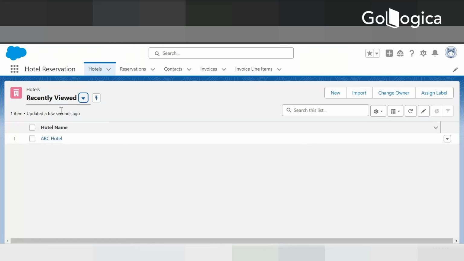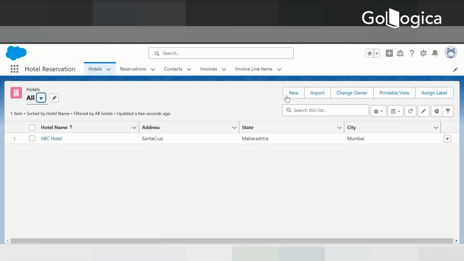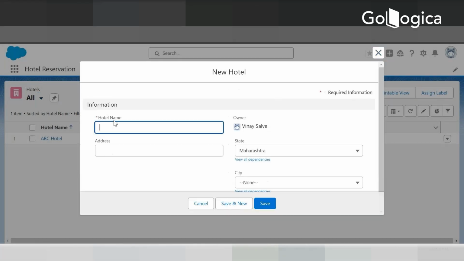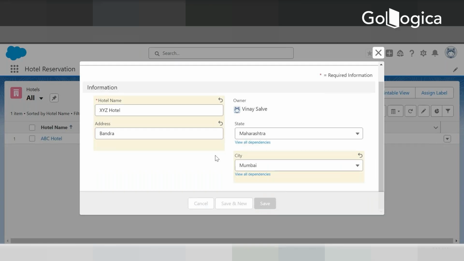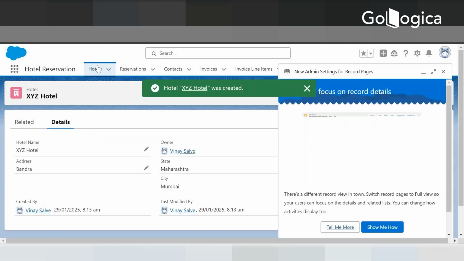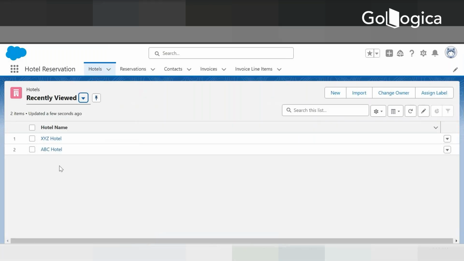say for example, if I go and see how many hotels I have created, I only have one. If I go and create another one, say I'll name it XY. So now I have two hotels over here. There could be multiple hotels, and